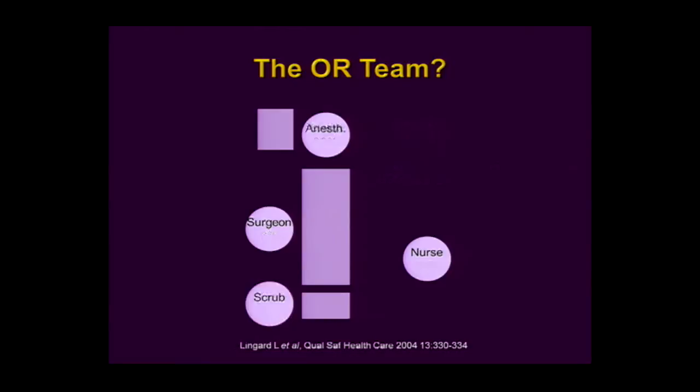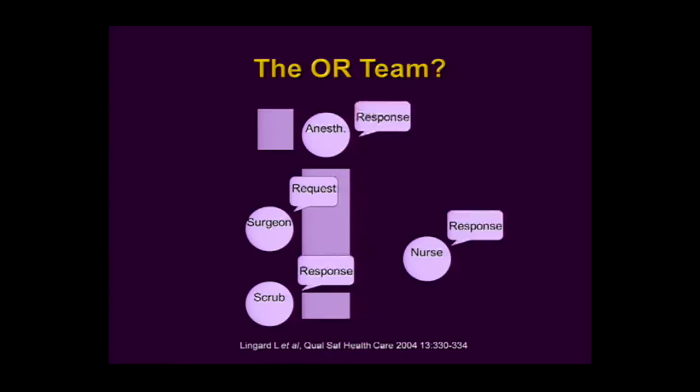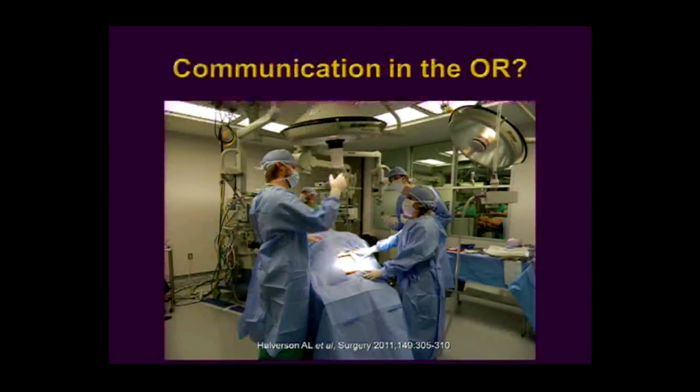So what does this do? Well, the other problem is you'll get problems with communication. Say a surgeon asks for something. Lingard did a great study, from 2004. She showed that 30% of communications in the OR are failures. Think about that. 30% of the time when you have a communication in the OR, it doesn't work the way you want it to. You can say that's old data too, but more recently, Halverson looked at errors in the OR and found 56 communication errors over 76 hours. What does that mean? That's almost one communication error per hour of operating.